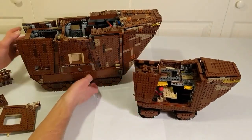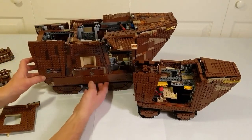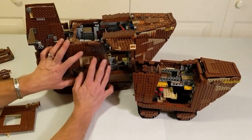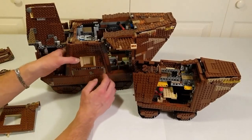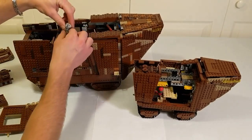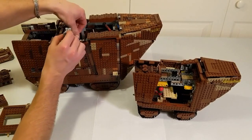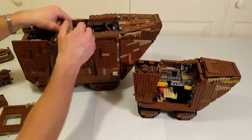This one definitely has a bigger interior, however it is harder to get to. Both of these panels open up, but this middle kind of stays, and that's where it gets tricky because you can stick your hands in, but you can't really see where they're going. This one does have a nice crane on the inside. It's got a winch that allows you to really go all the way down to the ground and then pick stuff up,